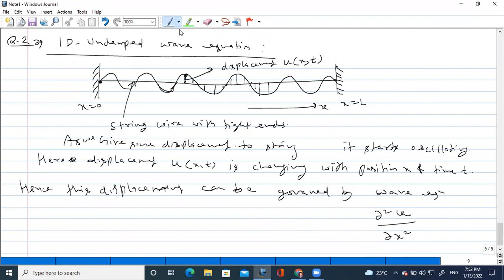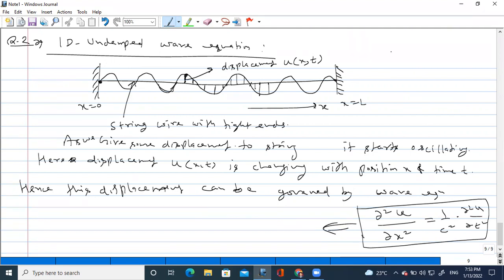In place of function f, here the function is u. So ∂²u/∂x² will be equal to 1/c² times ∂²u/∂t². So this is the wave equation. Okay, so this can be converted as,